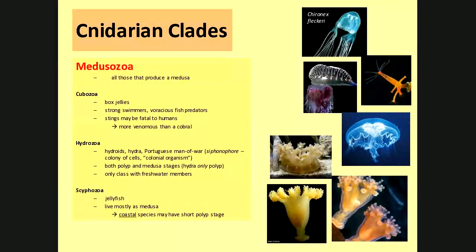The Scyphozoa are the typical jellies. Most live as a medusa, the moon jellyfish you see in the picture in the blue. The ones down below are really an interesting type of jellyfish. They're kind of a mix between a medusa and a polyp. The one in the little picture, the brown one there, is one we have here in Florida. This is the upside down jellyfish.